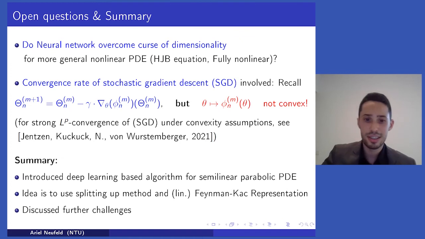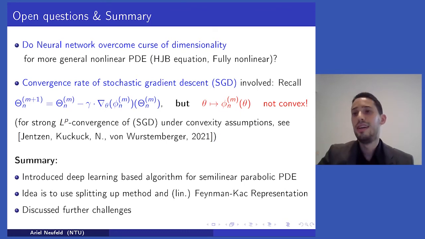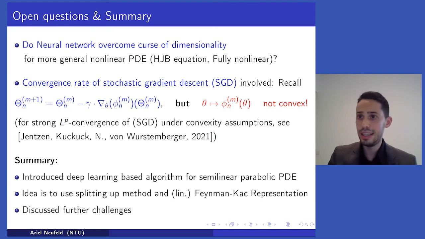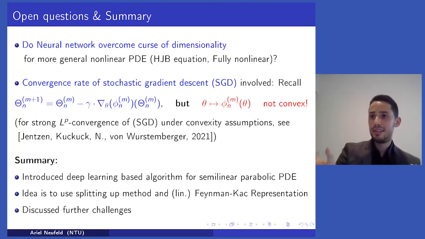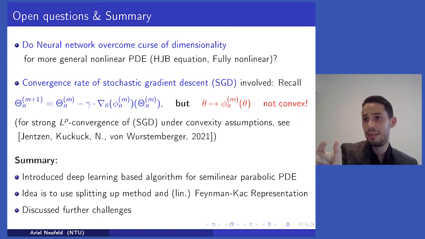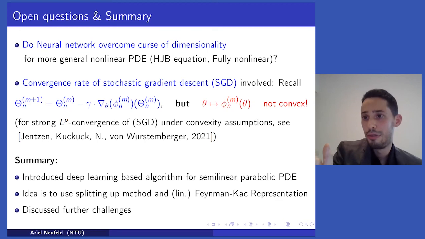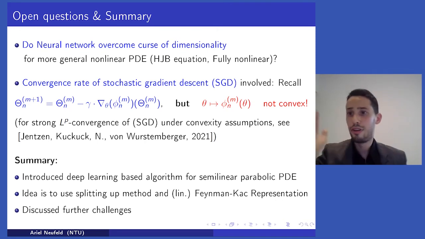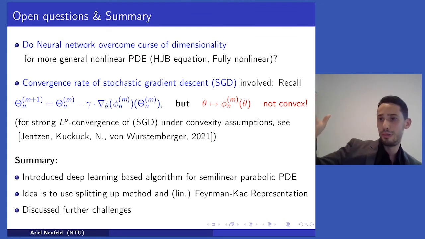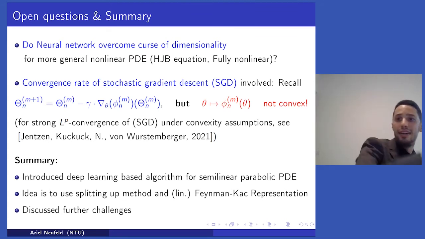The main idea was the splitting method, namely to distinguish the linear part from the nonlinear part, which allows you to, instead of solving one PDE, discretize the time into n time intervals, and for each time interval approximate the nonlinear PDE by a corresponding linear PDE, for which we use n neural networks. So we train recursively n neural networks from the maturity T, for which the boundary condition is known, backwards,